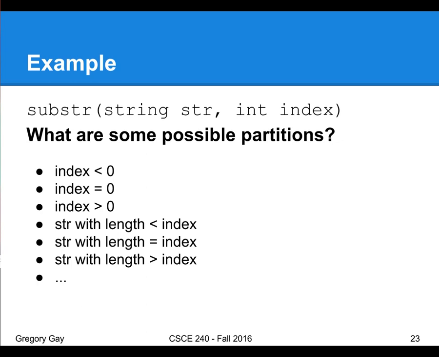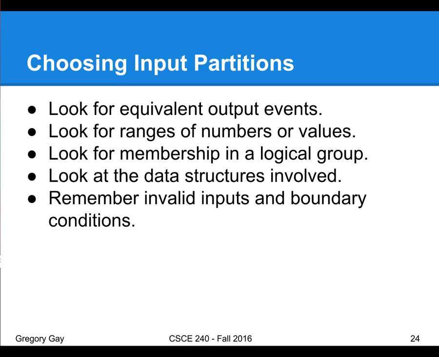So just approaching this purely from the idea that our substring could result in different outcomes from this function, especially a lot of different error cases, that gives you right off the bat a lot of different scenarios to try out. So along those lines, what you want to consider are things like equivalent output events, equivalent outcomes of a function. You want to look at different ranges on those inputs, right? If you have an integer input, there are different values you can try.